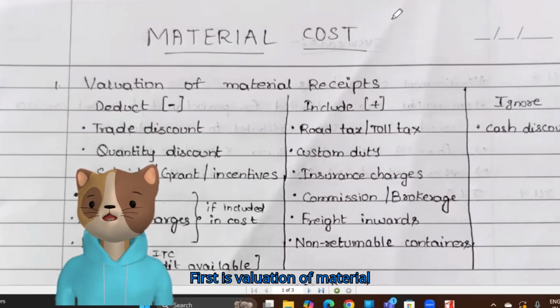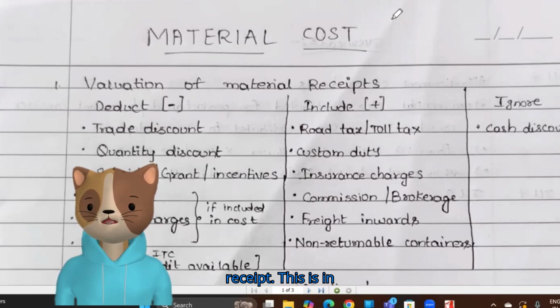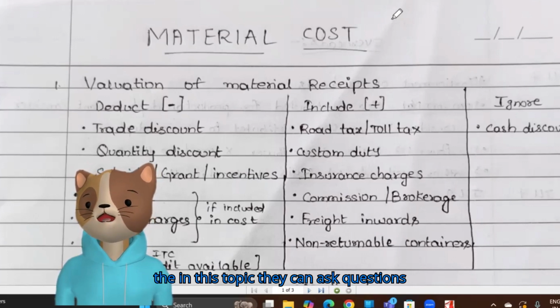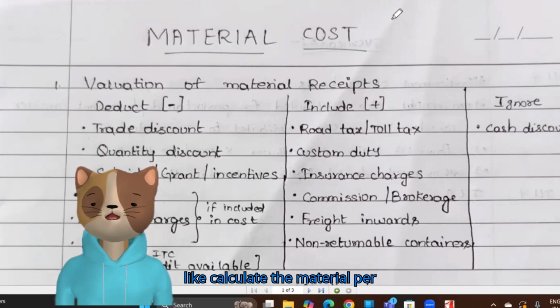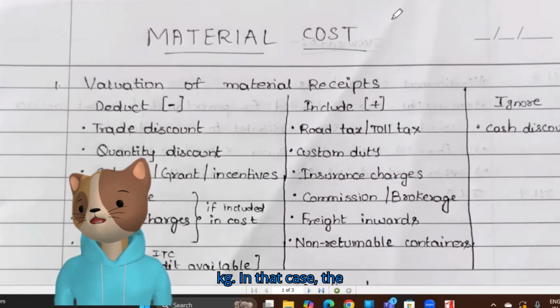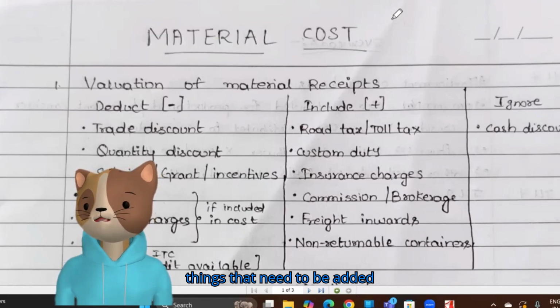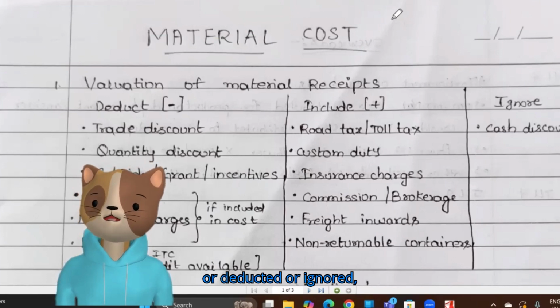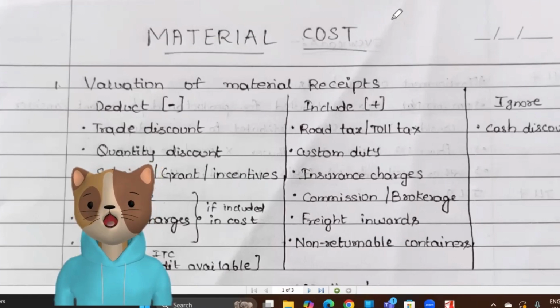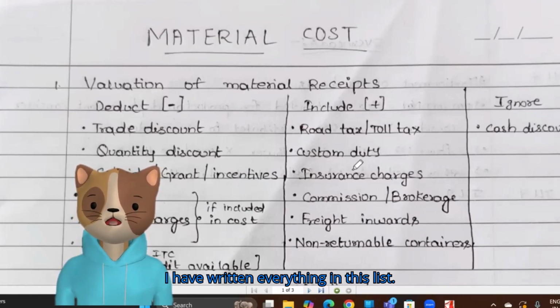First is evaluation of material receipt. In this topic they can ask questions like calculate the material cost per kg. In that case, the things that need to be added, deducted or ignored, I have written everything in this